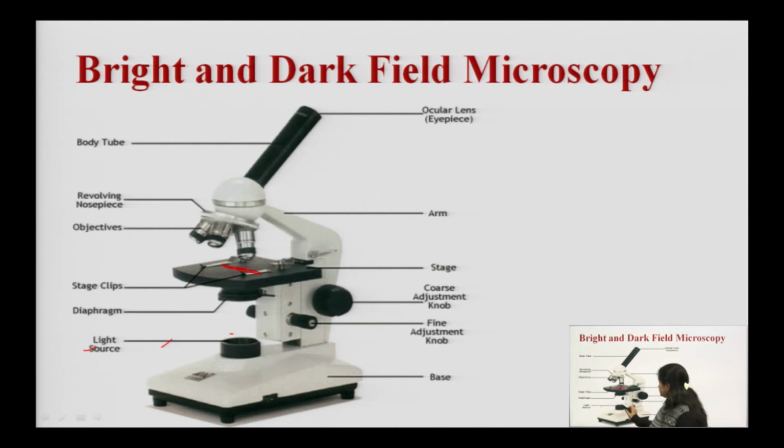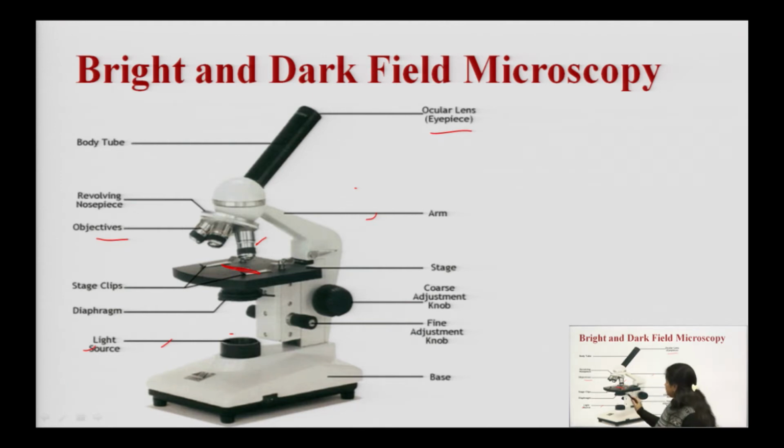This is the light source. This light will pass through the condenser, and from the condenser or diaphragm it reaches the specimen which has been placed here. After reaching it, the rays will move towards the objective, and from the objective we can see our image within the eyepiece. The eyepiece gives us the image of that particular species. We also have objective lenses of various magnifications like 40x, 10x, 100x. Depending on the image we are going to see, we can change the objective magnification, that is 10x, 100x or 40x.